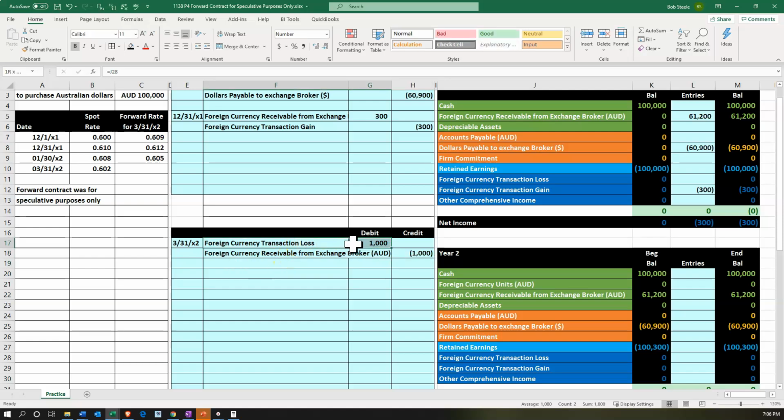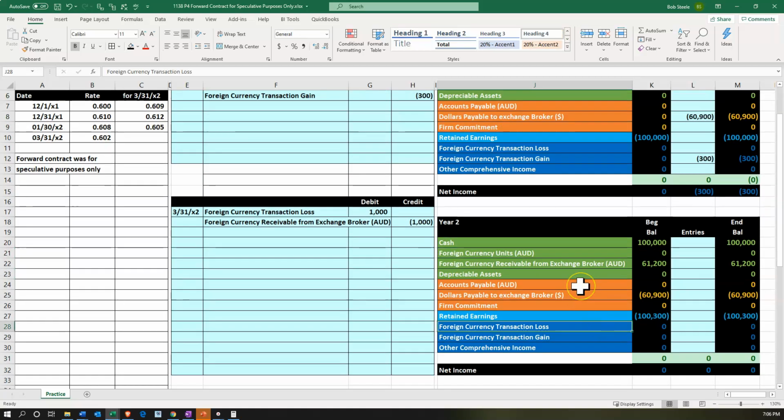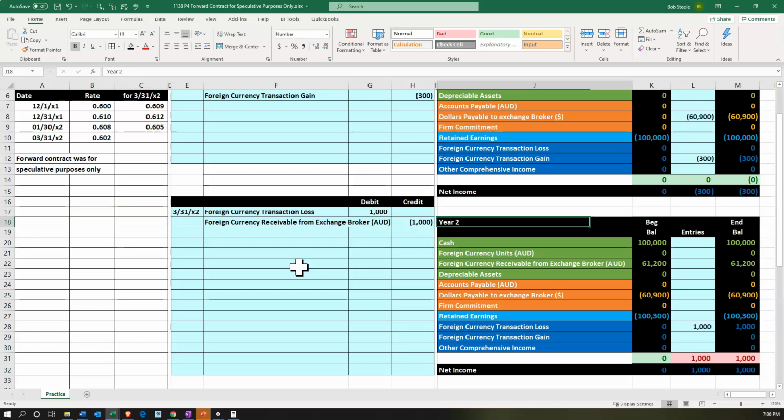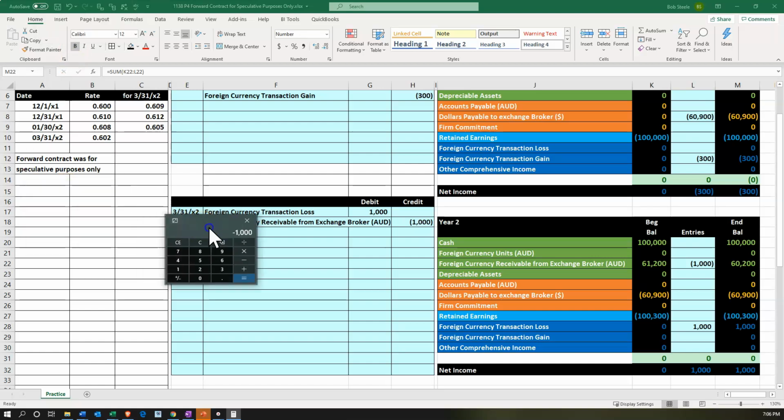Let's record that out. So we're going to, the 100,000 is going to be going down below. So we are on the 100,000. That's going to be the debit for the loss. Then we have the foreign currency receivable, 100,000. That's going to be the 1,000 here, the 1,000. And that's going to be in the receivable. So now we have the receivable going down by the 1,000, making it go down to the 60,200. That 60,200 once again can be calculated as the 100,000 times the current rate, which is the spot rate, times the 0.602,